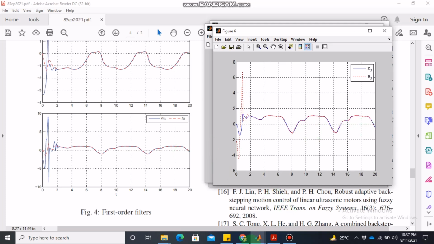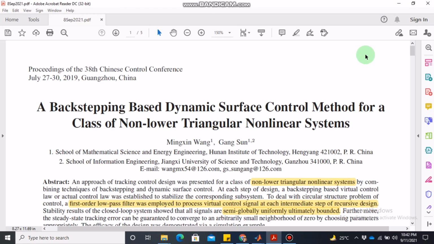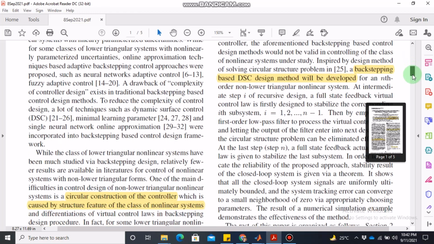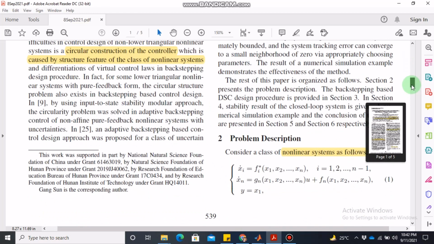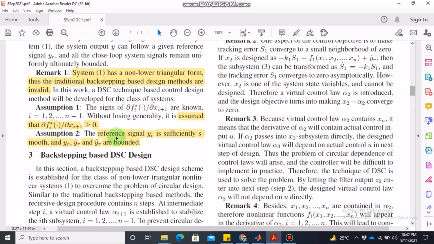So that's it, guys, for now. And to recap the video, recap this paper and the code. In this video we developed code for the backstepping based dynamic surface control method. We looked at the paper very briefly, what kind of nonlinear system it considers, what are the underlying assumptions, and then we looked at